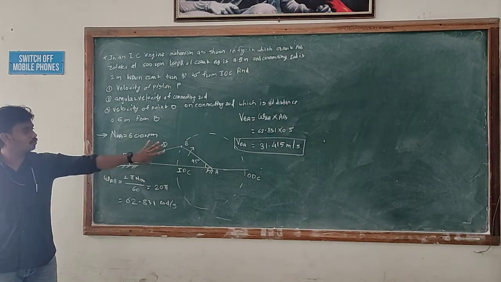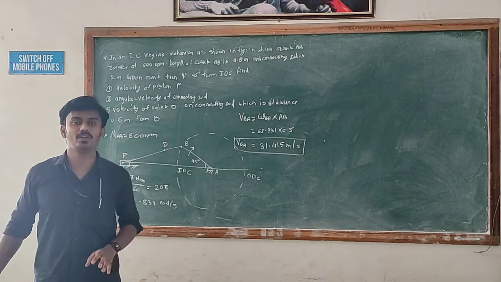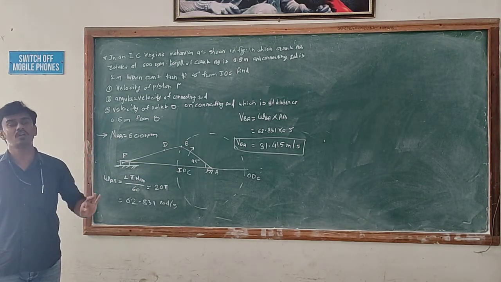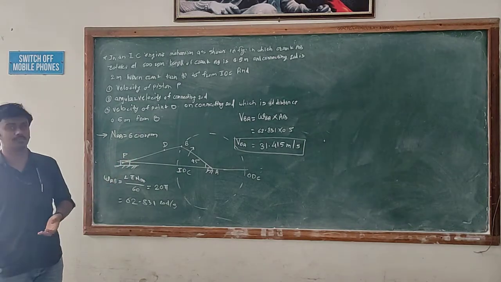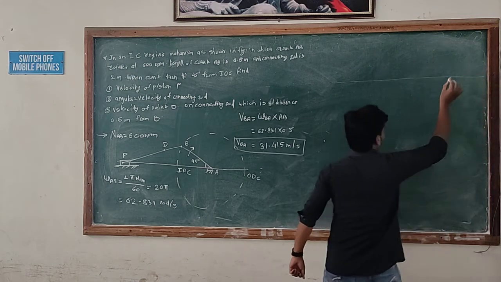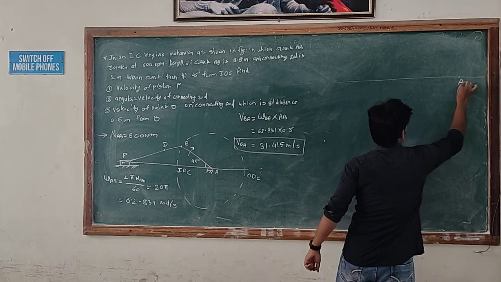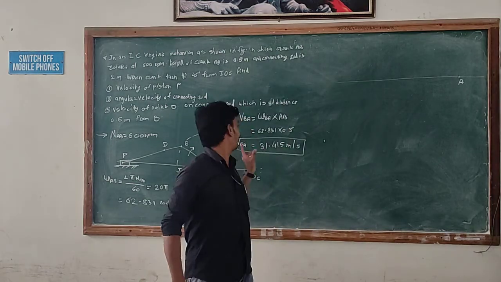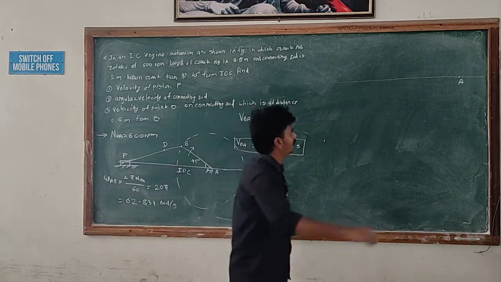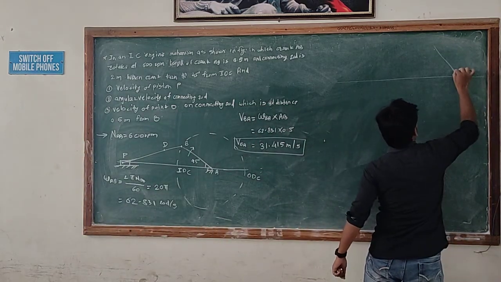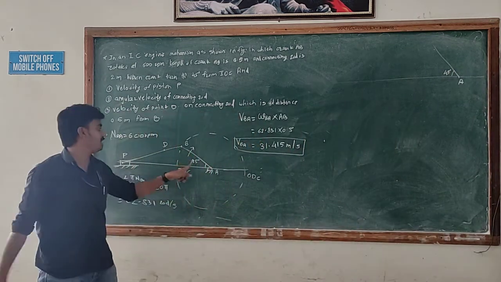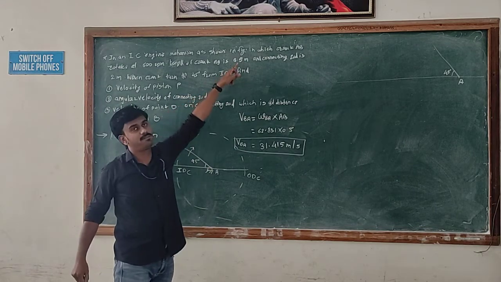To find the angular velocity and linear velocity of the various links of this mechanism, first of all we need to draw a configuration diagram of the mechanism. So how do we draw the configuration diagram? First of all, we will mark one horizontal line. We will mark a point A here. Then mark the line AB, which is at an angle of 45 degrees to this horizontal line, and the distance AB is given as 0.5 meter.